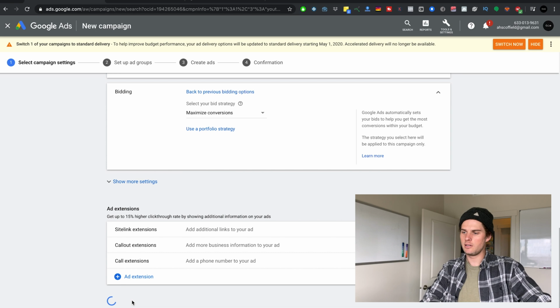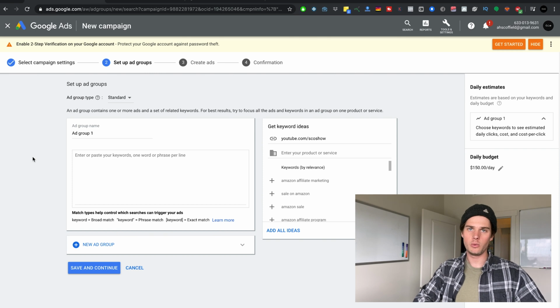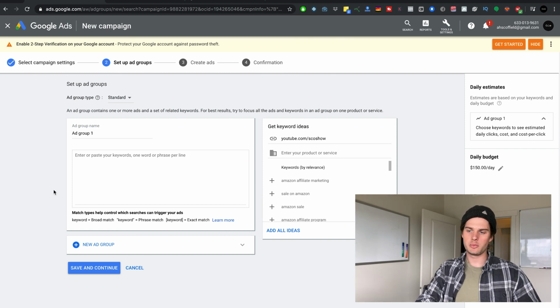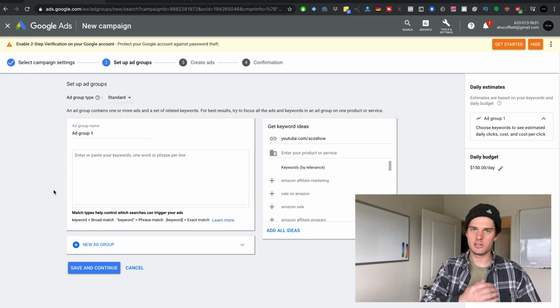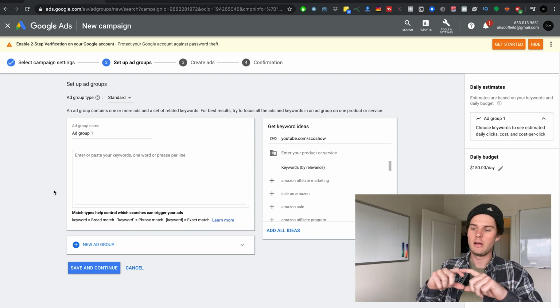Let's go save and continue. So now we're in the section where we're going to actually set up our targeting, where we're going to tell Google where and to who we want our ads to show. And the way we're going to do that is with search terms, or keywords as they're called. And like I said on the last page, in the audiences section, yeah, there's some audiences there. You can use those if you want, but personally, I just think it's a search campaign. Let's just throw in the keywords, the search phrases that we want our ad to show up for